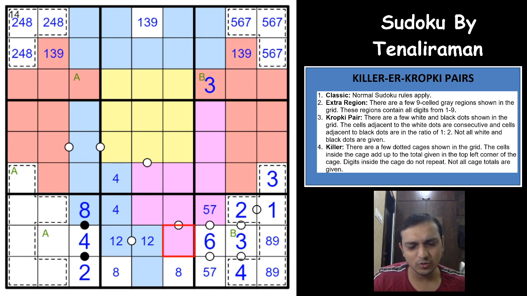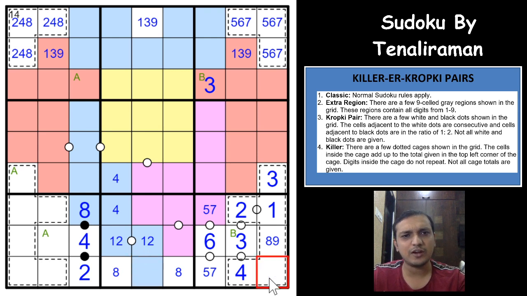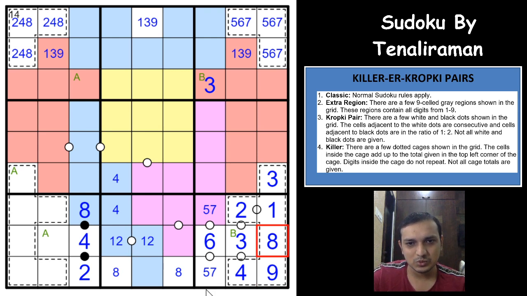Excellent. So this is a really good way to progress here. So all of these digits would have to appear exactly 3 times in the white cells, right? So 8 would have to be in one of these 2 cells. Okay. So 8 being in one of these 2 cells, this cell would have to be a 9. What an excellent way to progress through this Sudoku, guys. So we eliminate 3 from here. It has to be 1 and 9.